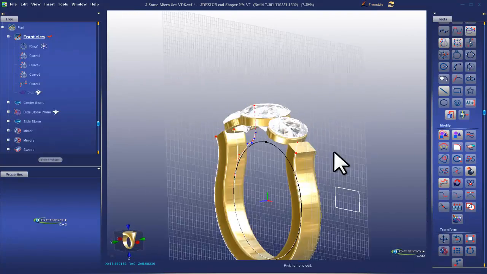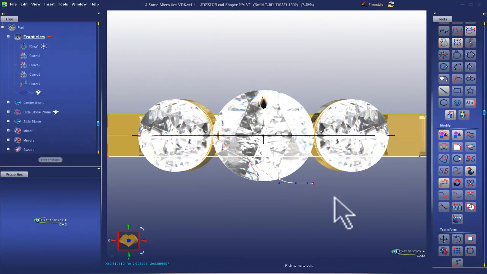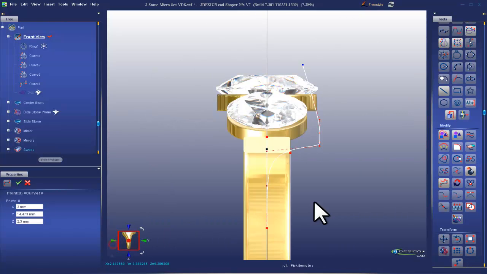Like so. Look at it from the top. I want the prong to be right about there. So I'm going to go about there on height, so 2.3. And we'll go 3. That should work. Turn it back to